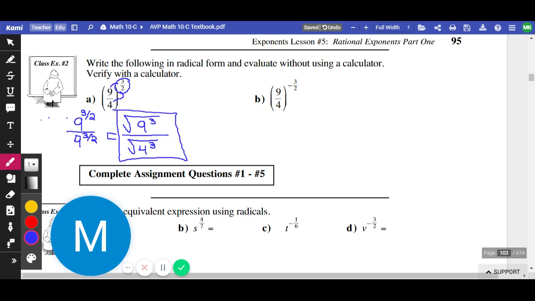Awesome. Next one. I'm going to do the same thing. I'm going to distribute this in. It's slightly different this time because I have 9 to the negative 3 over 2. And I have 4 to the negative 3 over 2. My attempt to not let the 4 connect on the top was to make a really wide 4, and now it just looks really weird.